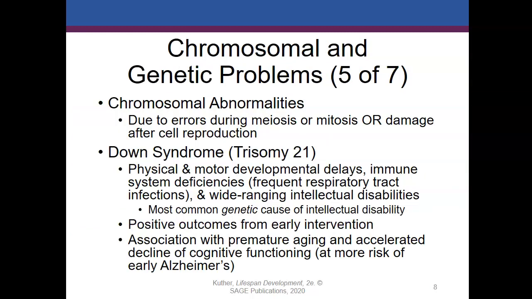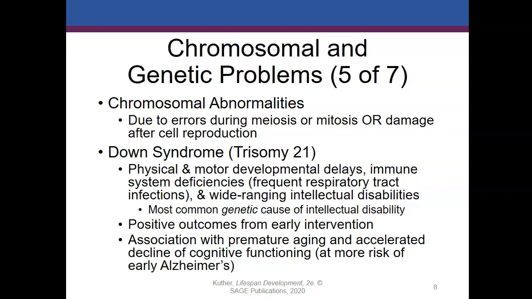Chromosome disorders occur when there are errors during cell reproduction, either during meiosis or mitosis, or due to damage caused after the cell reproduction. The most widely known chromosome disorder is trisomy 21, known as Down syndrome. Down syndrome occurs when 3 chromosomes rather than 2 appear in place of the 21st pair of chromosomes. Although individuals with Down syndrome vary in the severity of symptoms, Down syndrome is associated with marked physical, health, and